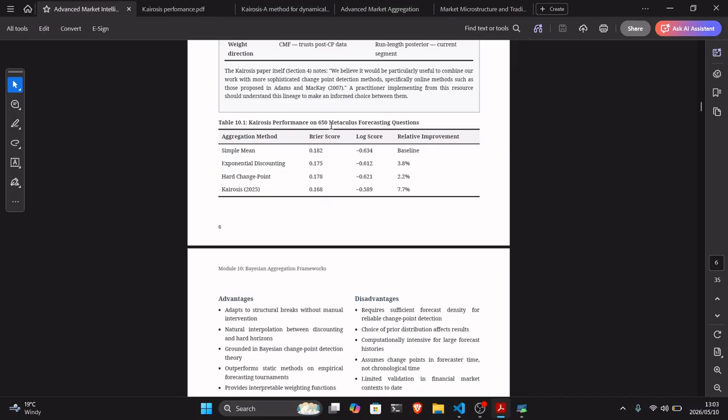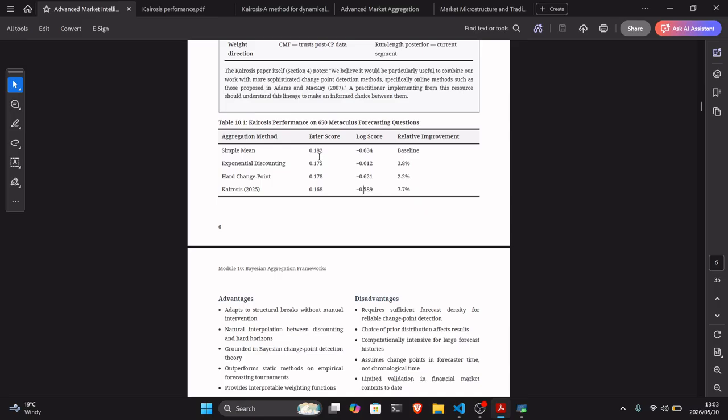Kairosis performance on 650 Metaculus forecasting questions. Aggregation method, Brier score, log score, relative improvement. Simple mean has a Brier score of 0.182. The smaller the Brier score, the better. Just know that. And also, the smaller the log score, the better. Now, if you don't know, a Brier score is the difference between